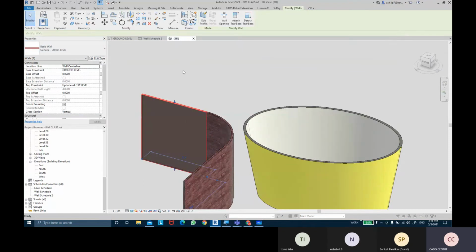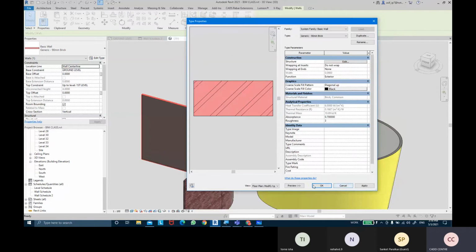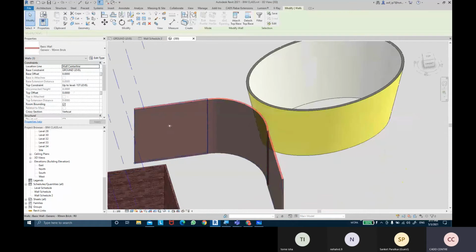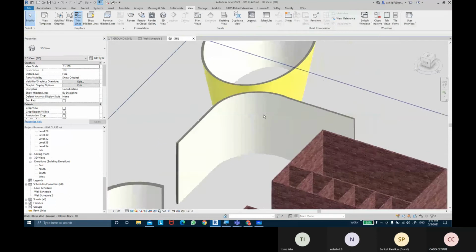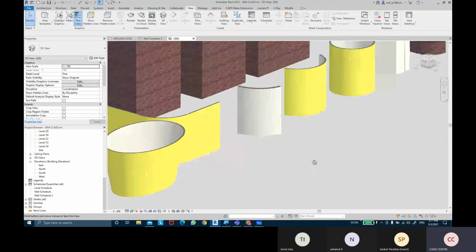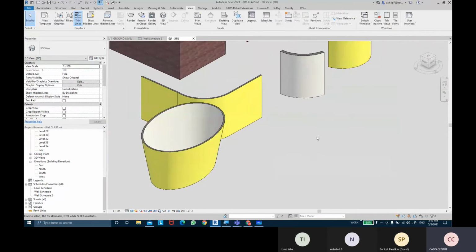So the 90 mm brick wall doesn't have any sort of layers. Okay, so if you want to add that, you can add that layer also, or you can convert these walls into the 100 mm brick wall. So that's how you add layers of paint and plasters to the walls and assign the materials also.